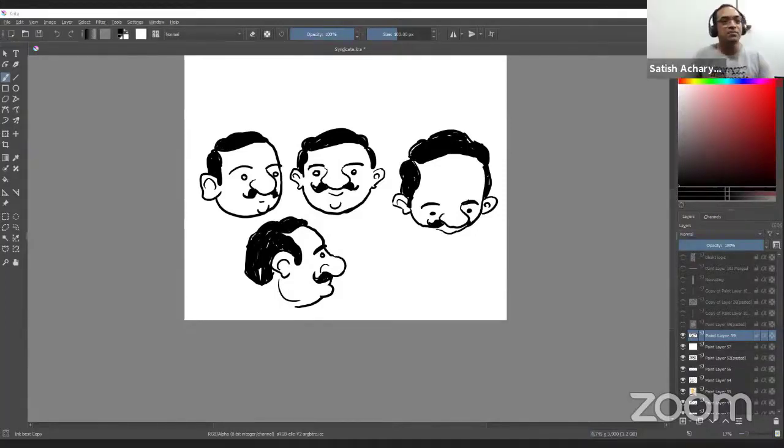There is a question from cartoonist Prakash Natarajan: getting an idea for a cartoon is a difficult task, but you are producing multiple cartoons each day. How is it possible? How many cartoons do you draw on average every day, sir? Actually, it's not about the number of cartoons I draw. It depends on each day. Some days are dry and you don't get interesting news, so you don't draw many cartoons.